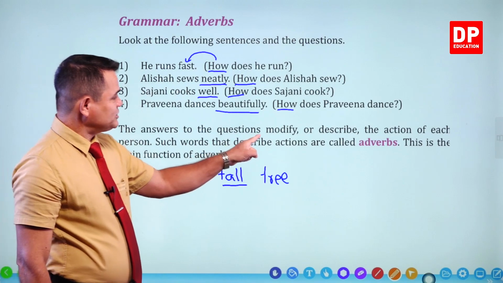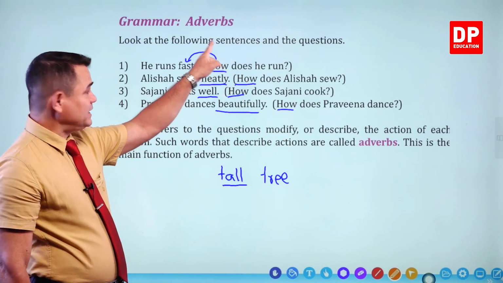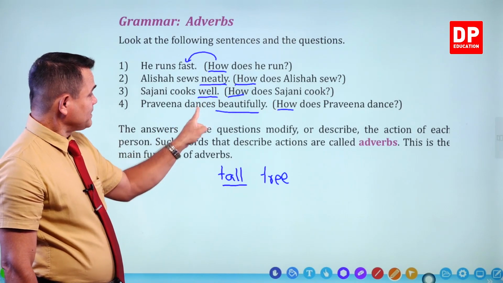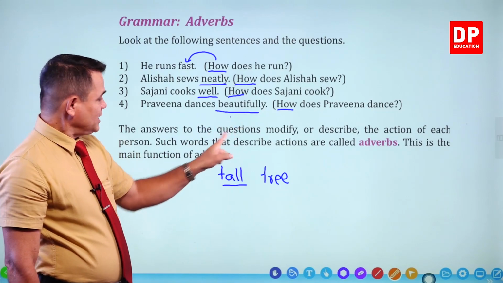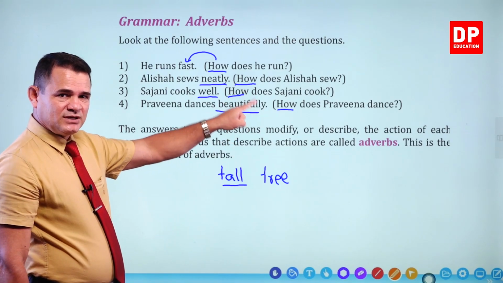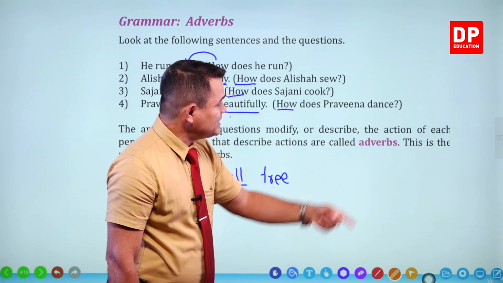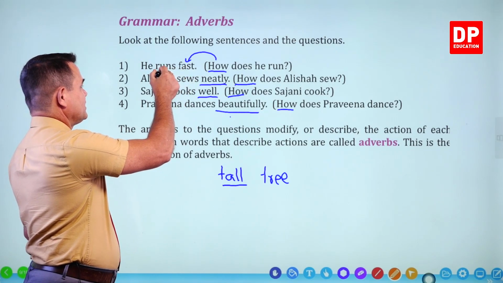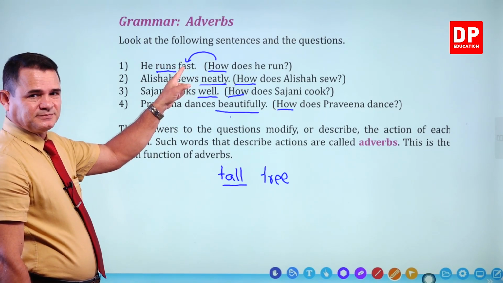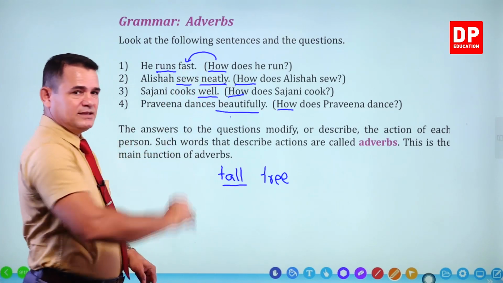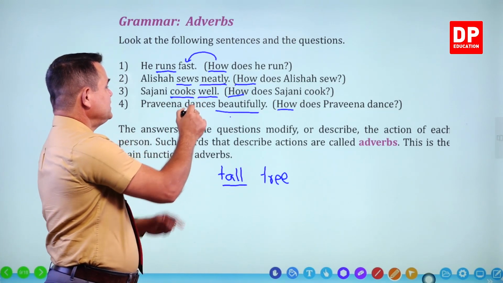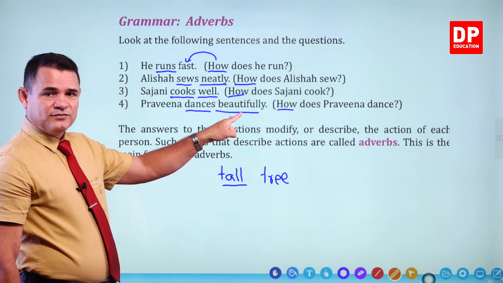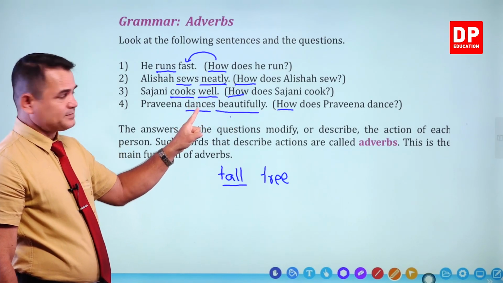The answers to the questions modify. Now the answer to how is fast. මෙයා කොහොමද මහන්නේ? Neatly. මෙයා කොහොමද උයන්නේ? Well හොඳට. කොහොමද එයා dance කරන්නේ? Beautifully. Right? ඒ question එකට දෙන answer එක තමයි modify or describes the action ක්‍රියාව, ක්‍රියාව විස්තර කරන වචනය. එහෙනම් දුවන්නේ කොහොමද? Fast. මෙන්න මේ ක්‍රියාපදය විස්තර කරනවා මේ වචනේ. මහන්නේ කොහොමද? Neatly. Here cooks. උයන්නේ කොහොමද? Well, හොඳට. Dances. නටනවා. නටන්නේ කොහොමද? Beautifully. එහෙනම් මෙතන විස්තර කරන්නේ ක්‍රියාපදය. Right. Then